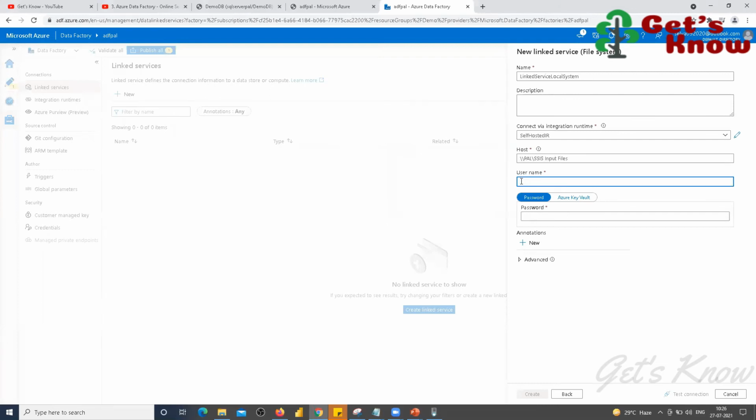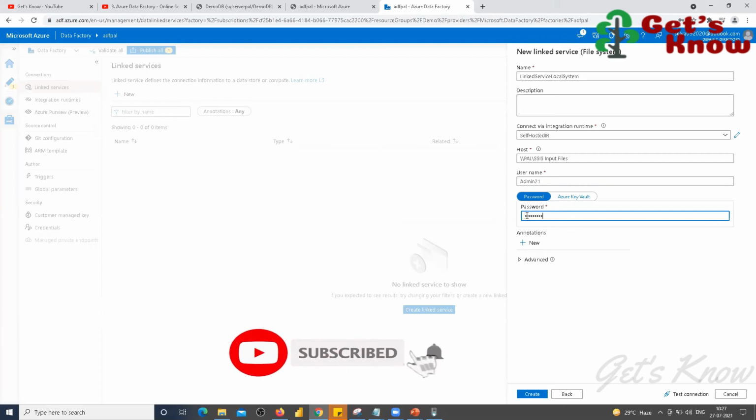Then the username, my system username, and my password. Laptop password you are giving, right? Yes, your laptop. If there is no password, no need to provide anything, but sometimes it is not working properly. So it is expecting login credentials. Okay, sure.